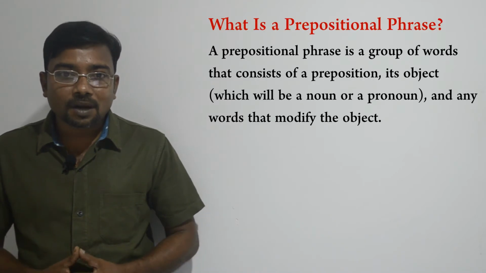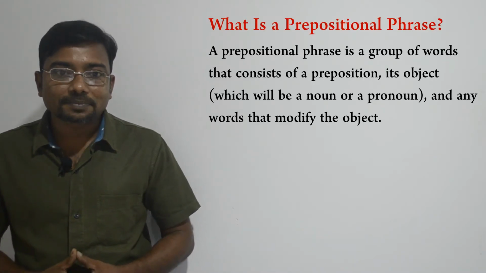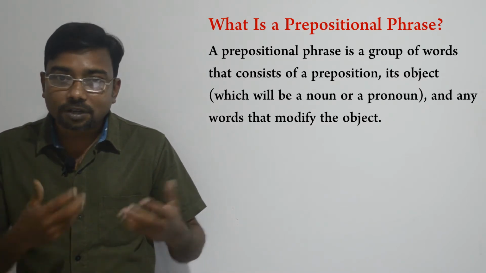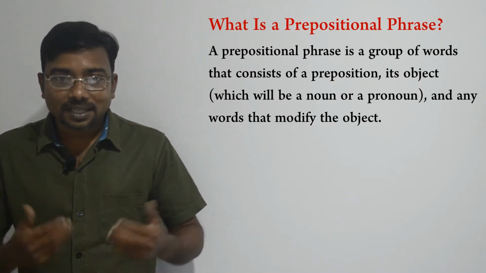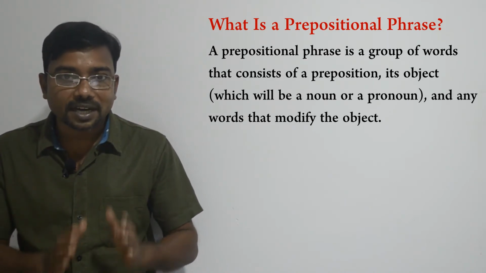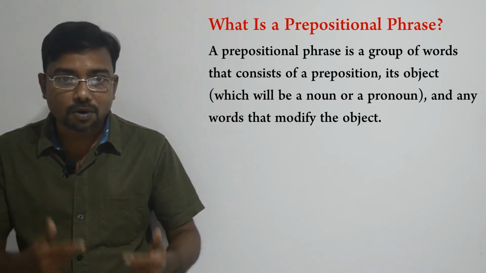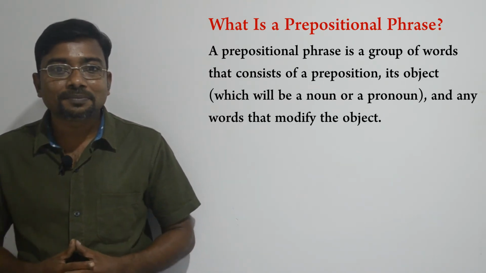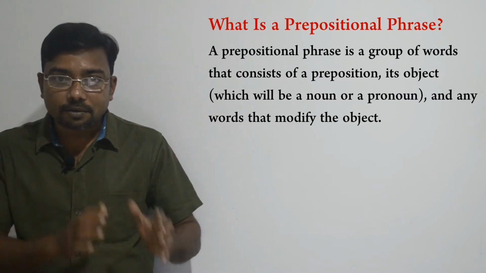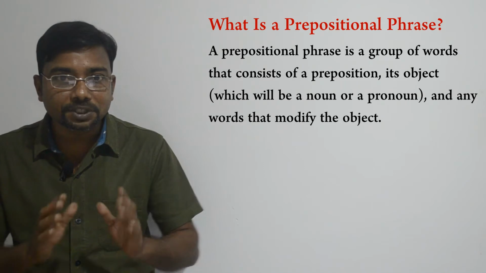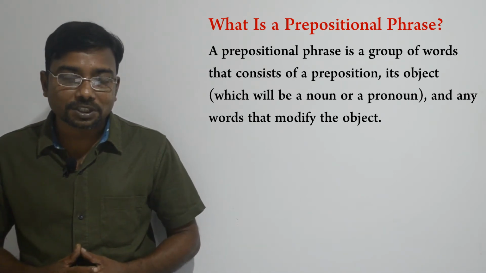Okay then, what is the prepositional phrase? A prepositional phrase is a type of phrase. It also includes more than one word. Remember, a prepositional phrase always begins with a preposition and usually ends with a noun or pronoun, but some prepositional phrases end in a gerund. This noun, pronoun or gerund in the prepositional phrase is known as the object of the preposition.